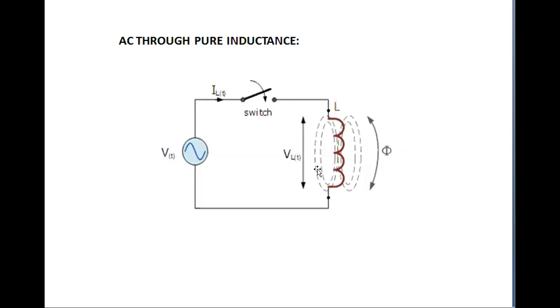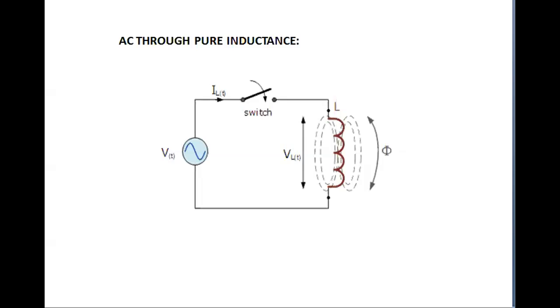For an inductor, what is the voltage across the inductor formula? V of t is equal to L into di by dt. From that equation, you can derive the formula for I of t by substituting V of t is equal to Vm sine omega t. You can get the equation I is equal to Vm by omega L into sine of omega t minus pi by 2. From this you get the equation for Im.